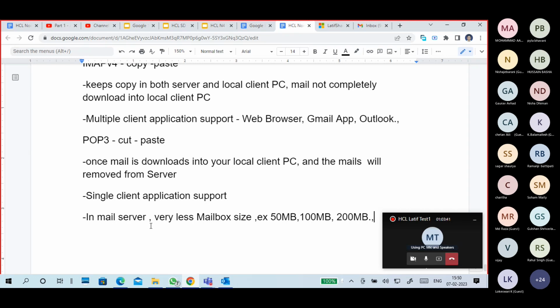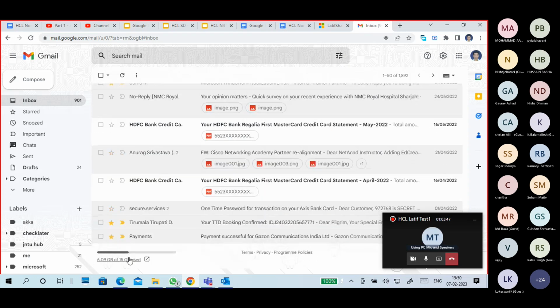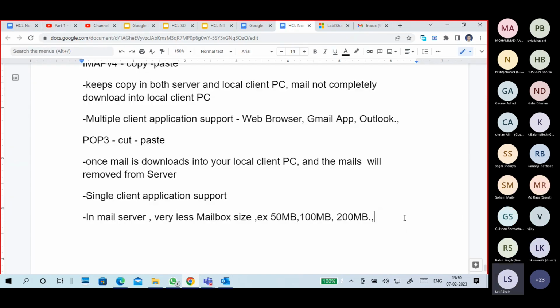You know your Gmail account mailbox size is 15 GB, so no problem: from wherever you access data, you don't need to store it locally. But in a mail server with very small mailbox sizes,